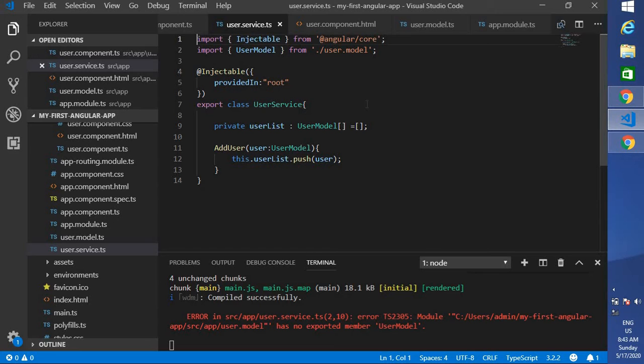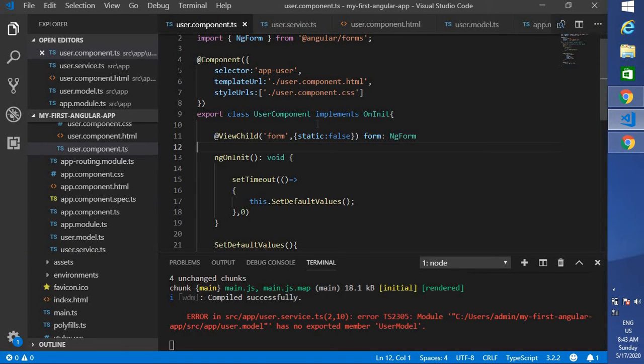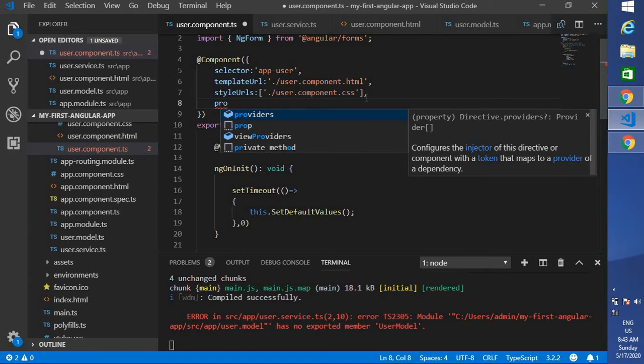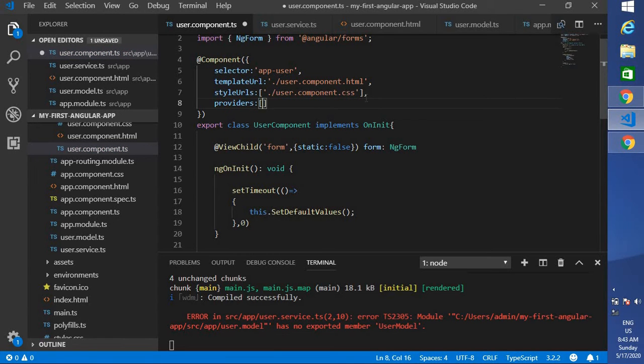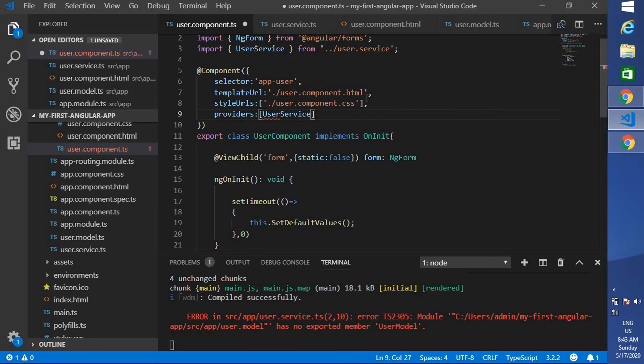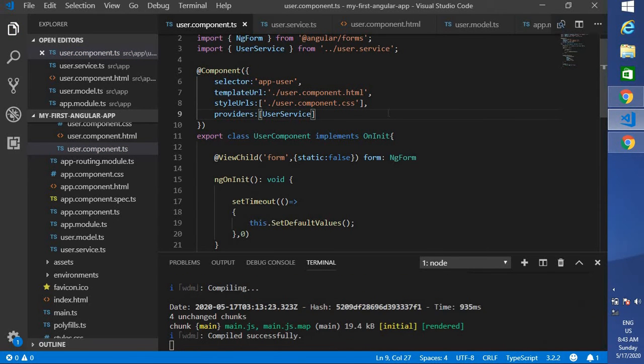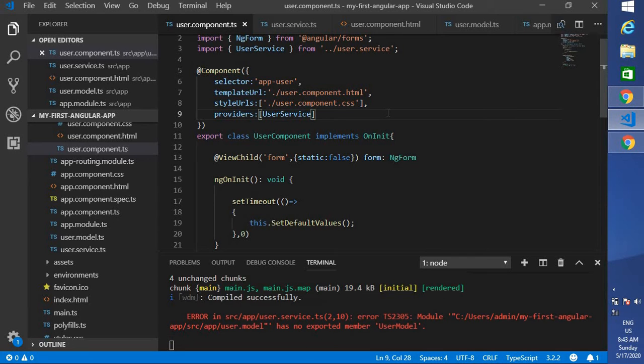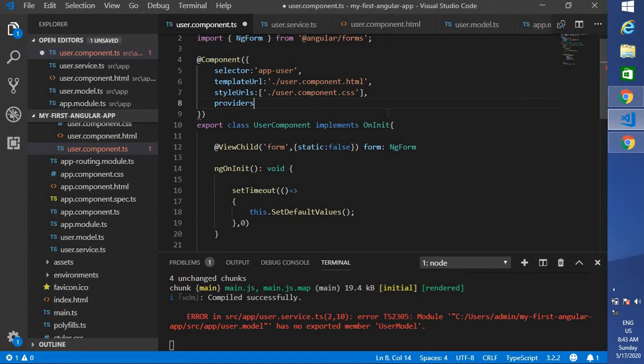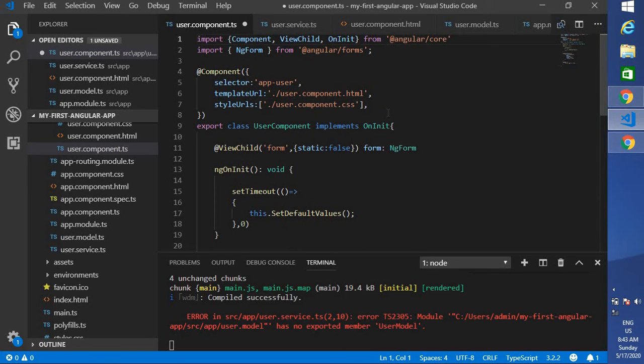Next, right now we mentioned root level. At the next level, what we can do is, at each and every component level, we can register our service. We have mentioned providers. You can mention the user service, for example. If you register the service here, whenever the component gets reloaded, every time this service creates a new instance. Okay, so I'm not going to do that as of now. I'm just removing this one. So this is one way you can register as well.